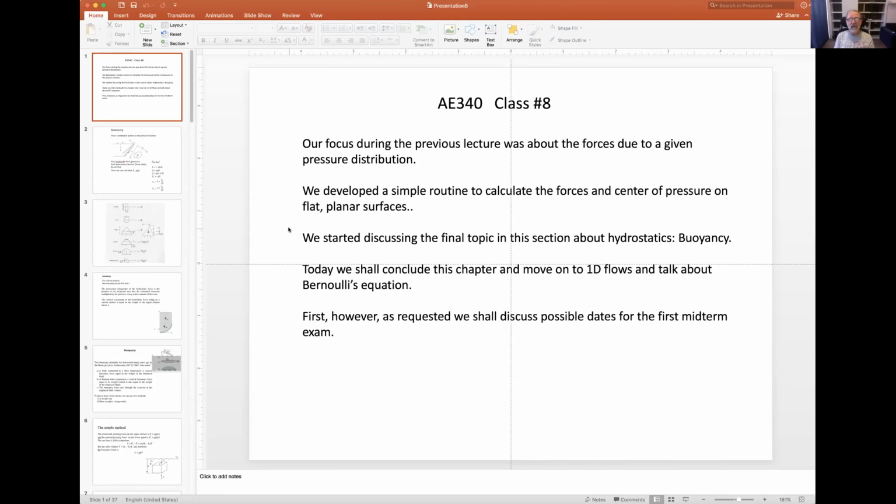Again, we're trying to teach the principles. We're not going to too complicated geometries. Hopefully you understand the concept. And then we started with buoyancy, which is Archimedes' laws, and he figured that one out 2,000 years ago, so it's not too complicated. And the plan today is to finish that one, get back to what we started with,